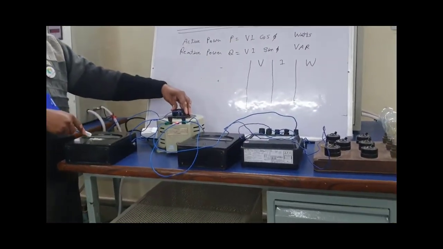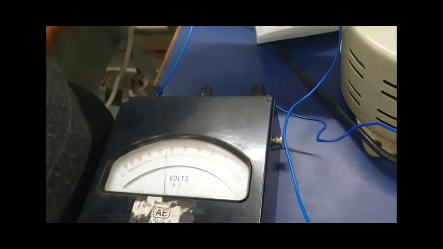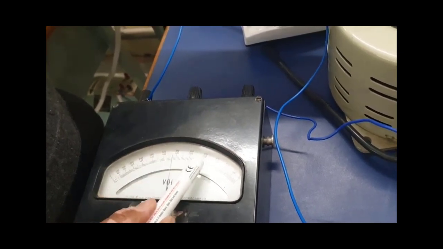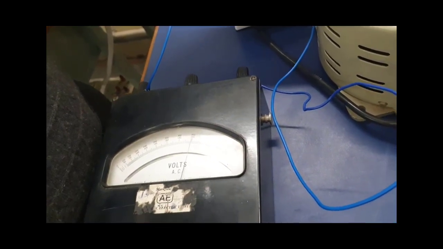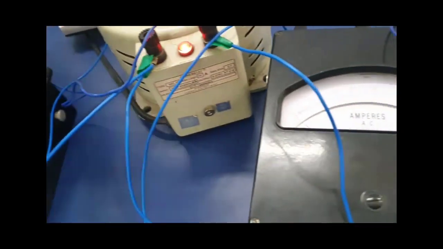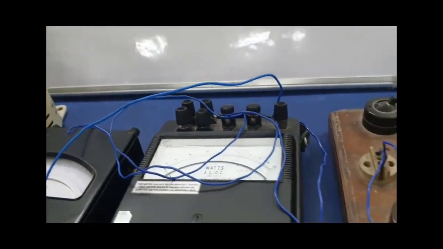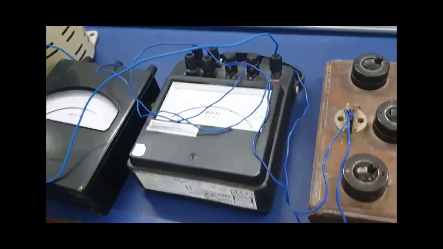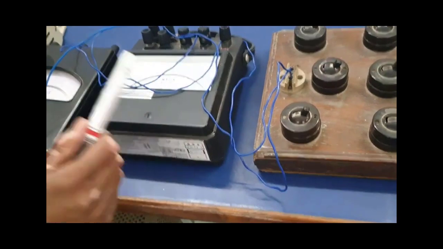In this voltmeter, you have to set the rated value like 200 volt. You will observe the lower scale, 0 to 300 range, and set the value 200 volt. This is the rated voltage which is flowing in the whole circuit. So it is the no load condition, which means all the bulbs are off. In that case, you will see the ammeter deflection is 0 because the circuit is in no load condition, and the power consumption is 0.